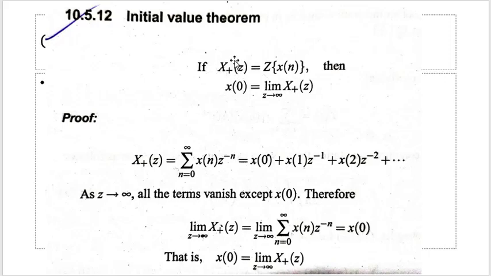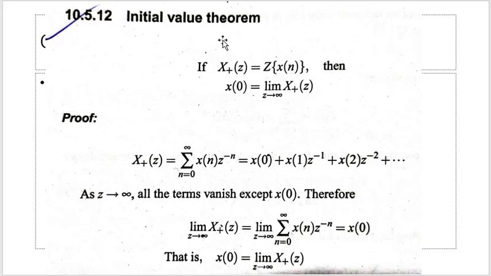Don't get confused if, in the examination, it is mentioned as x plus of z. It means that it exists for only the right hand side. So the interval will be from 0 or from n0 up to infinite. That's how you have to identify.